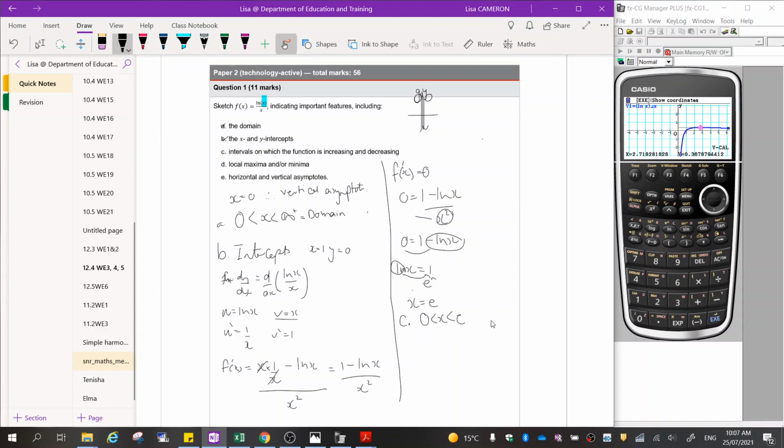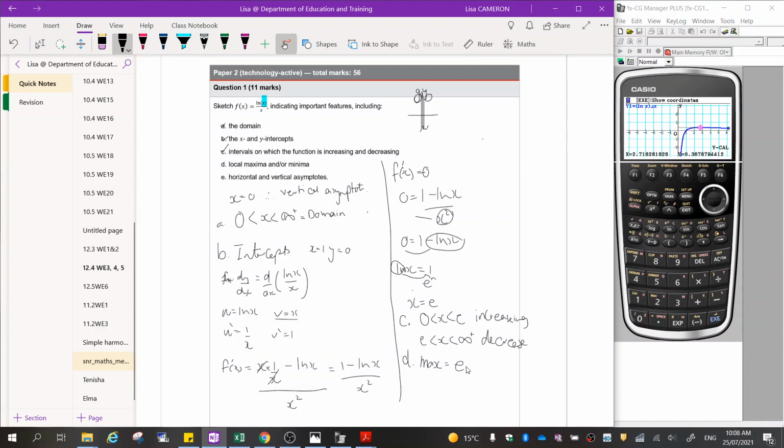Now for the values where it's decreasing. If it asked me to prove it, I'd just pick a value in between these two, throw it in, and it should give me a positive value in the second derivative. Okay, next thing, e all the way up to infinity is decreasing. Done. Local max, well, I've got it up already. If that is the stationary point, and we can see that it's increasing here, decreasing there, then that means it's the maximum. So D, max,